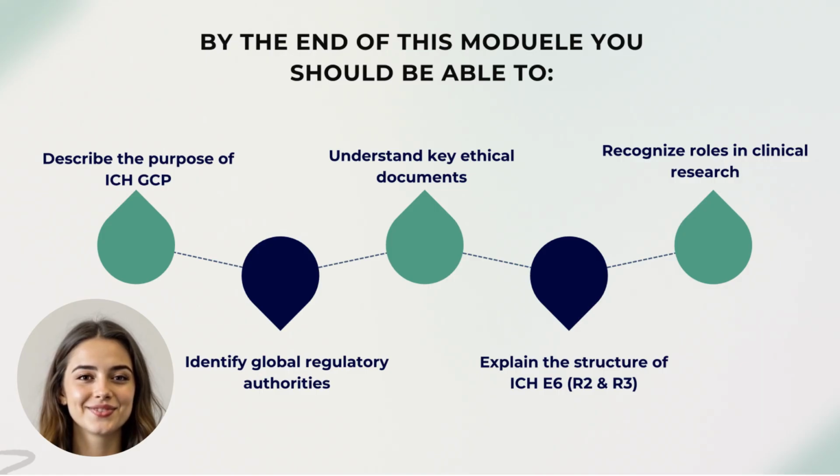By the end of this module, you'll be able to explain the history and purpose of ICH GCP, identify key regulatory agencies like the FDA and EMA, and understand the ethical foundations that guide all research involving human subjects. We'll also break down the structure of ICH E6, including recent updates, and explore the roles that different stakeholders play